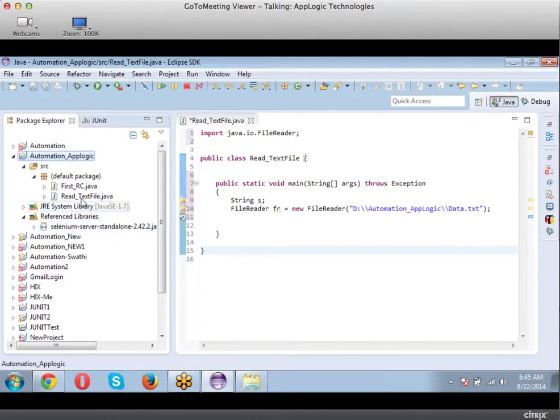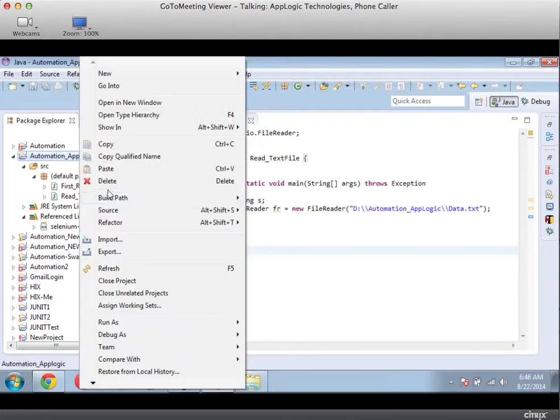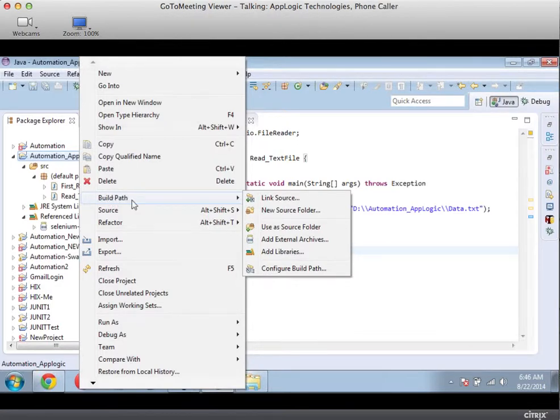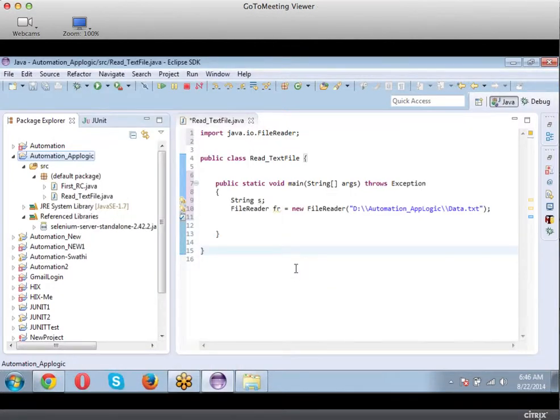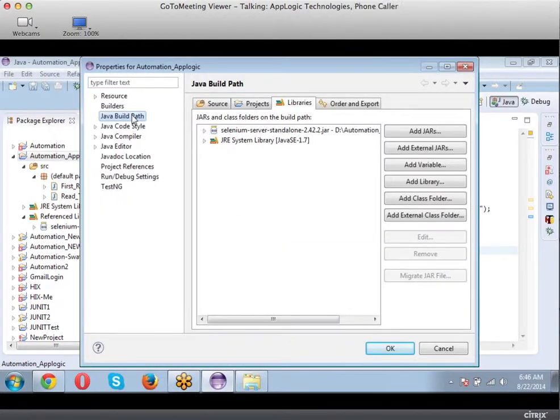Okay, I'll repeat it. After creating your project, right click on your project. There is an option called Build Path. Select Configure Build Path, the last option in there. It will take you to the Java Build Path tab, inside which you will find the Libraries tab selected by default. If it is not selected, please click on the Libraries tab. Click on the Add External JARs button,